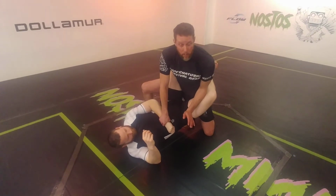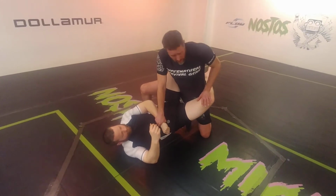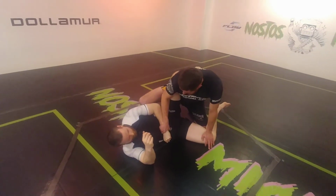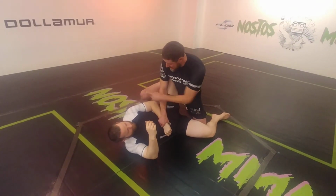Not my forearm for this one. But if I get here and I try to just push my arm with just my arm versus his legs, I'm never going to win. But I'll come here, push back. I'm using this as my anchor. I push away until I have a stiff arm, and then I use my whole body to drive down. It's uncomfortable. So now I have my weight stapling the knee,